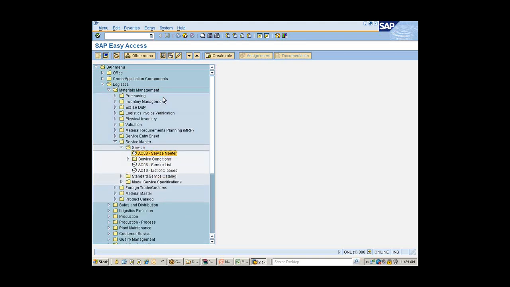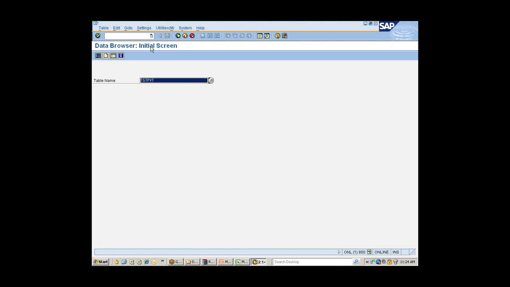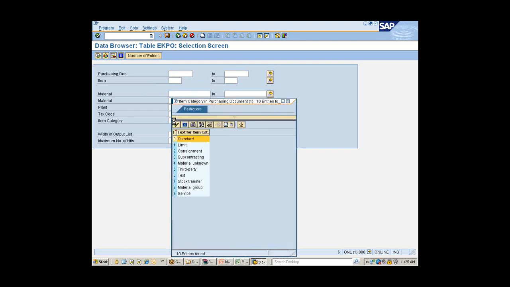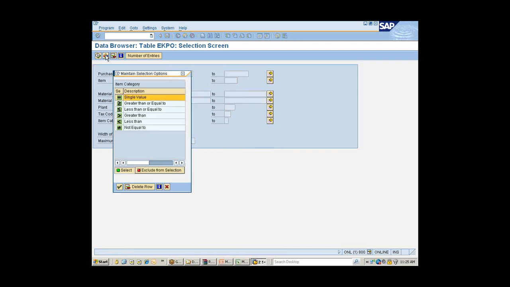Okay, it's not there here. So where is it? No, look at here. Maybe I can just show you this way. You said you have got access to SE16. Okay, so you go here, you give EKPO. Okay, so here you can modify your search. Okay, so here what I need is item category D,